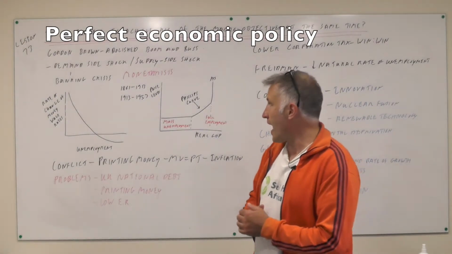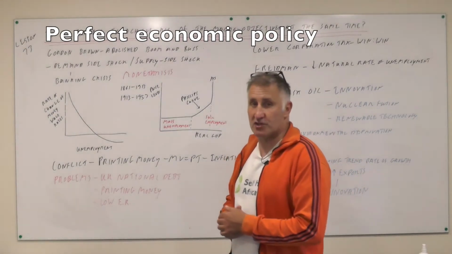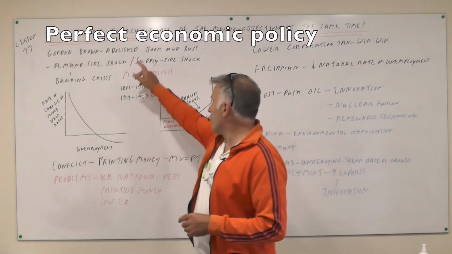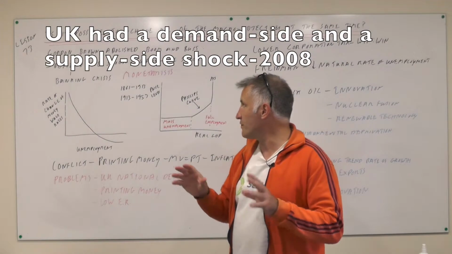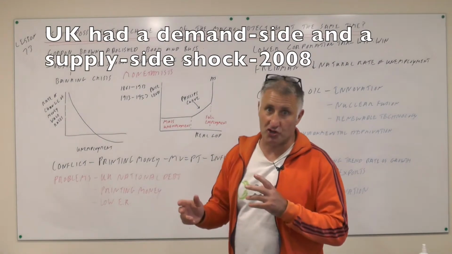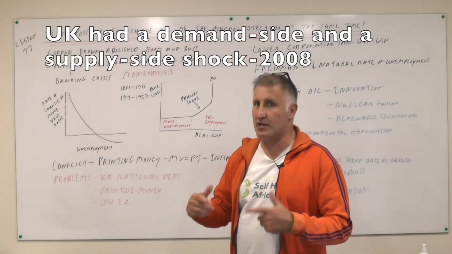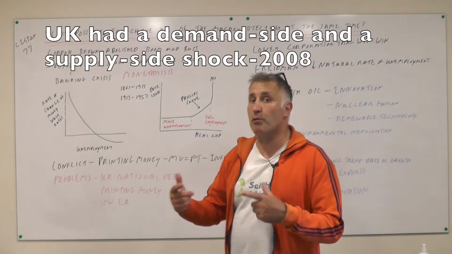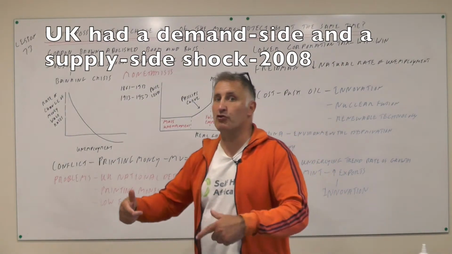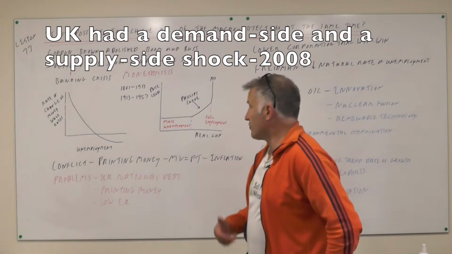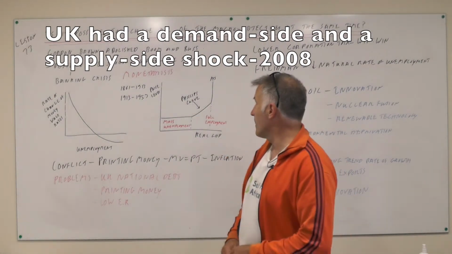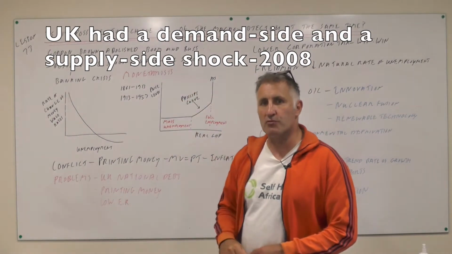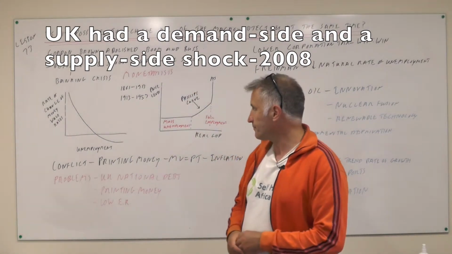Everything was fine, and Gordon Brown made the very famous statement that we've abolished boom and bust. One year later, what happened was that we had a massive recession. In fact, we had a demand side shock, and I would probably argue, as would Jeff Rubin, that we had a supply side shock, which then led on to a demand side shock. But we had a demand side shock, there was a banking crisis, house prices fell in America, and a supply side shock, the price of oil went up to $150 a barrel.